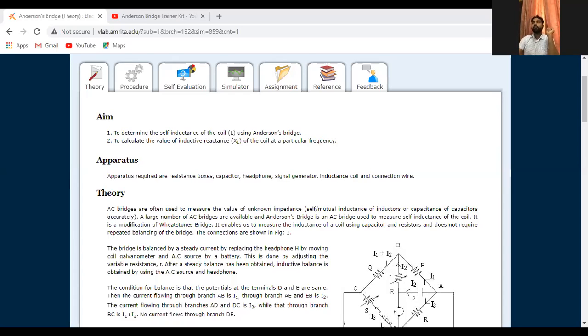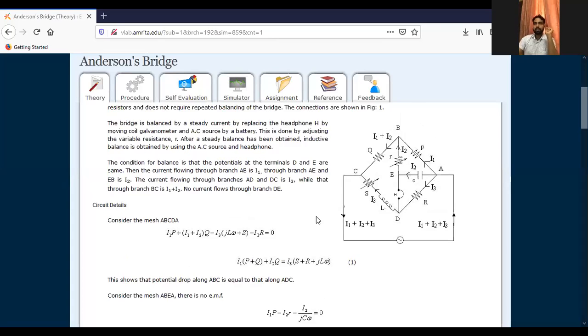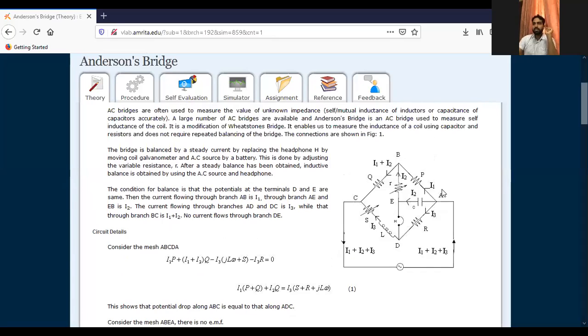And when we have this variable resistances here, then we can say under this variable resistance situation, we can change up. So the condition for the balance is that potential at the terminal D. So if you see the bridge condition here, so under this bridge you can find out like I'm sharing it again. Visible, yeah. So if we see here, if this bridge condition is here, so under this bridge condition, some